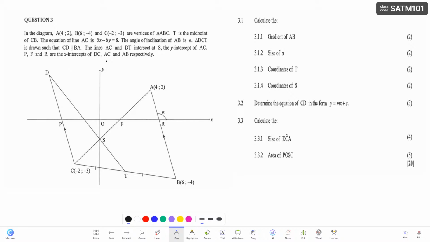Of DC and AC and AB respectively. First question, they said calculate the gradient of AB. To calculate the gradient of AB is going to be easy because we have all the coordinates. I hope you know the formula by now. So we are going to say